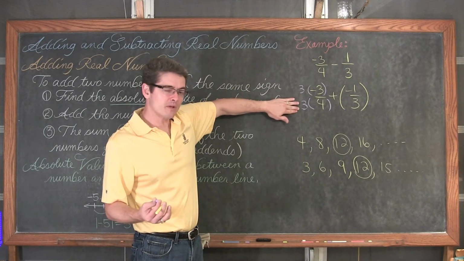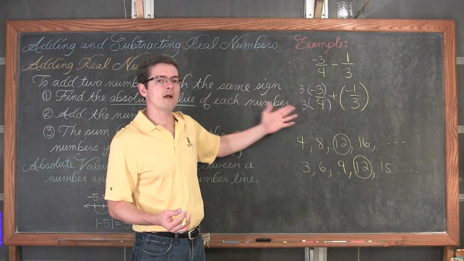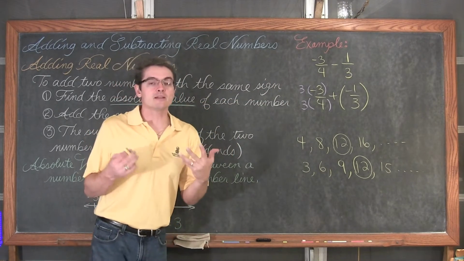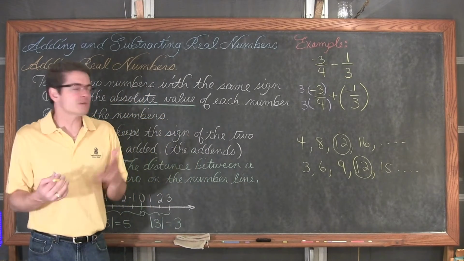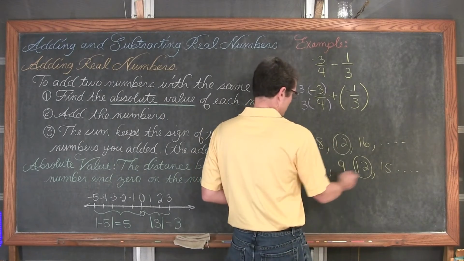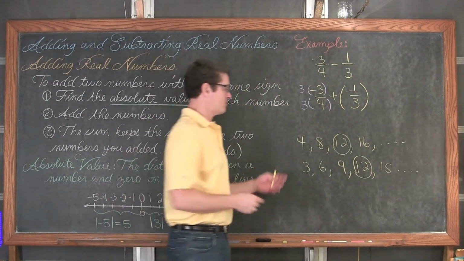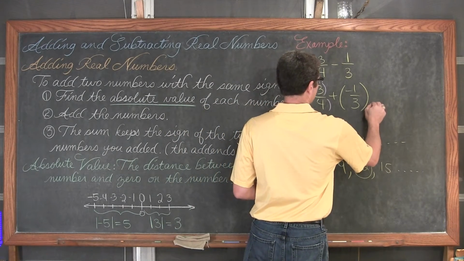3 over 3, 3 divided by 3 is 1, right? So I'm only multiplying by 1. I'm not changing the value of the fraction. When you multiply by 1, that's the identity for multiplication. You're just going to make the fraction look different. Again, not change its value. And over here, the 12 is the fourth multiple of 3, so I have to multiply by 4 in the numerator and denominator.